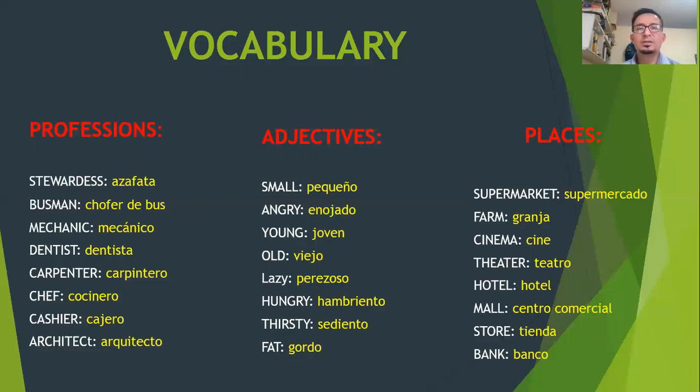Adjectives: small, angry, young, old, lazy, hungry, thirsty, fat. Places: supermarket, farm, cinema, theater, hotel, mall, store, bank.